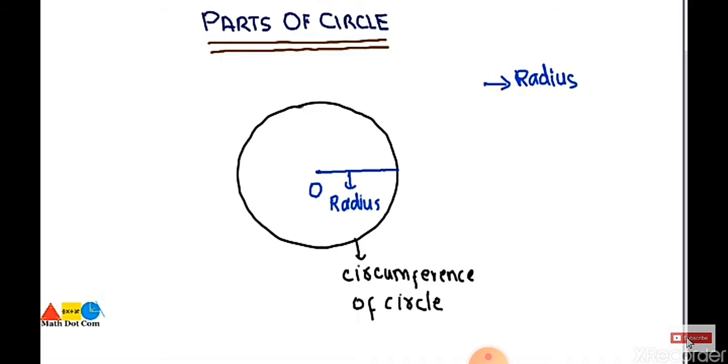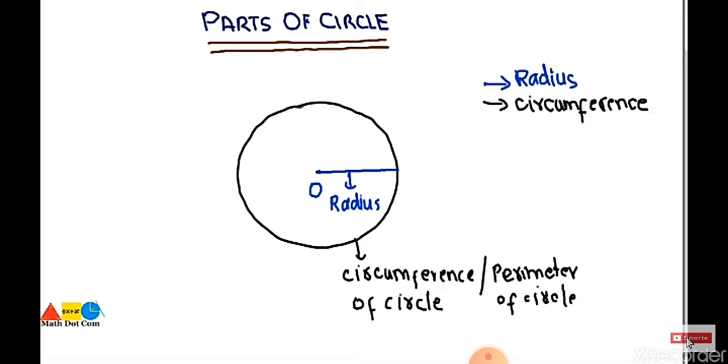But in case of a circle, instead of considering the perimeter, we have to take the circumference of the circle as the perimeter of the circle. So I'll also write here perimeter of circle. This is a very important concept. So I'll write here that the black color represents the circumference of the circle. Okay, then we move towards the next part of the circle.